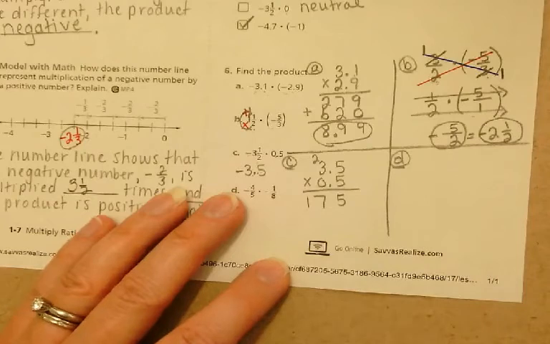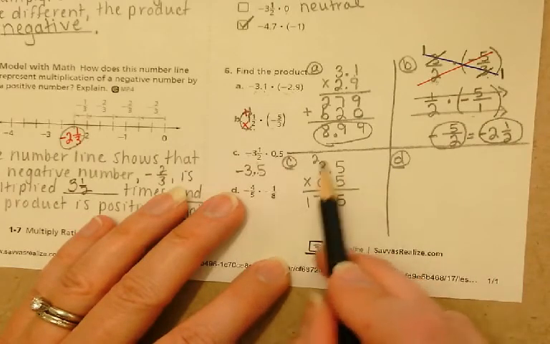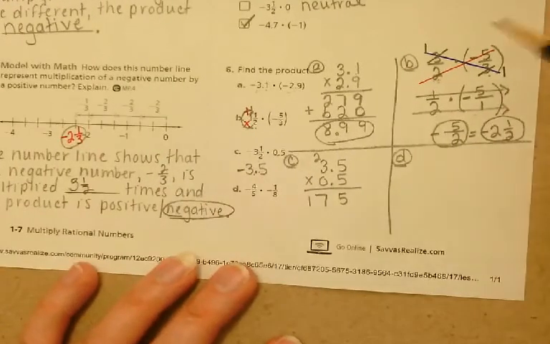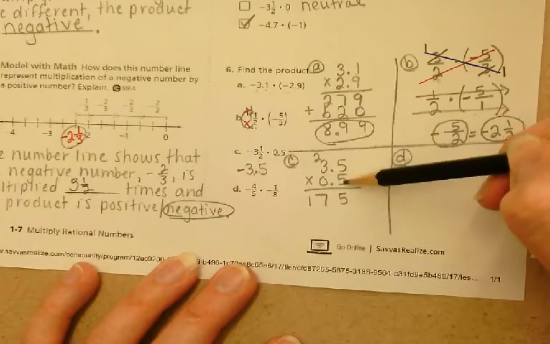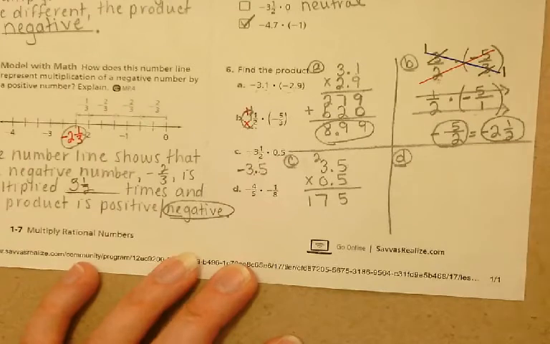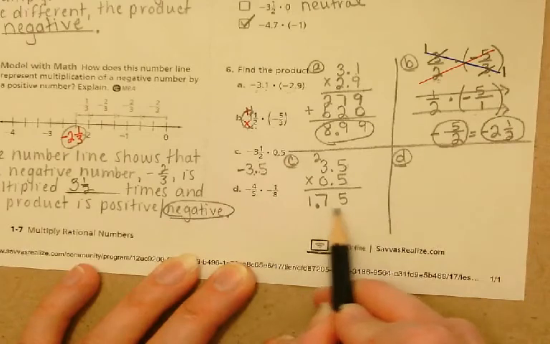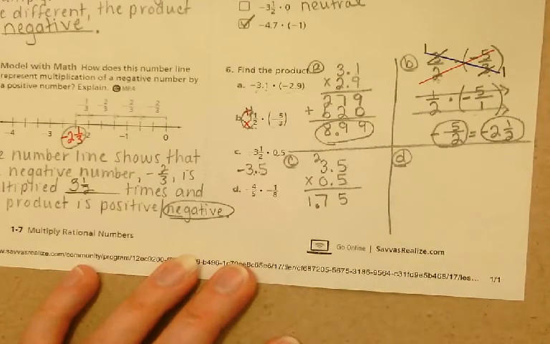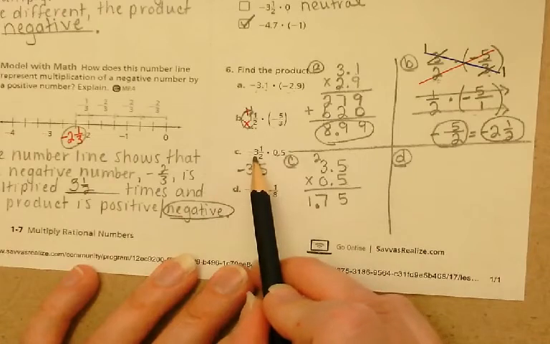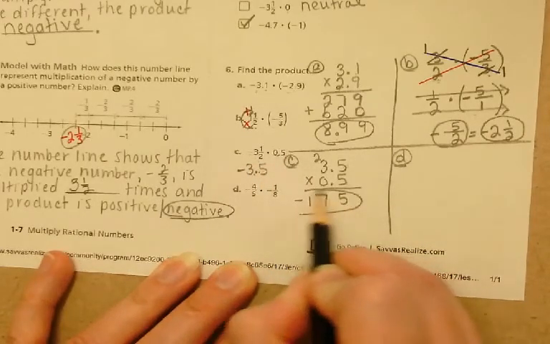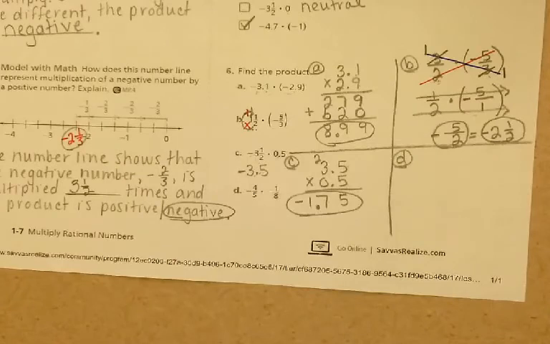So I have 175, and 3.5 times a half is not 175. I have to remember to put back the decimal. There are 2 digits in my factors that are behind the decimals. So in my final answer, I'm going to put the decimal so that there are 2 digits behind the decimal. I'm also going to go back to the original problem to see that I was multiplying a negative times a positive, so the product will be negative. So my final answer is negative 1